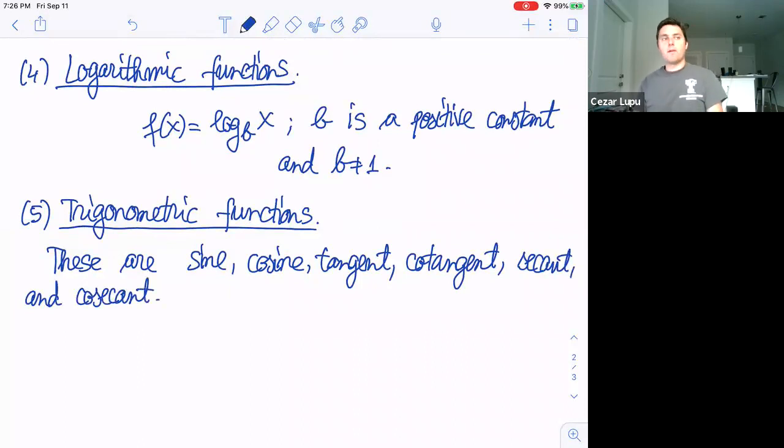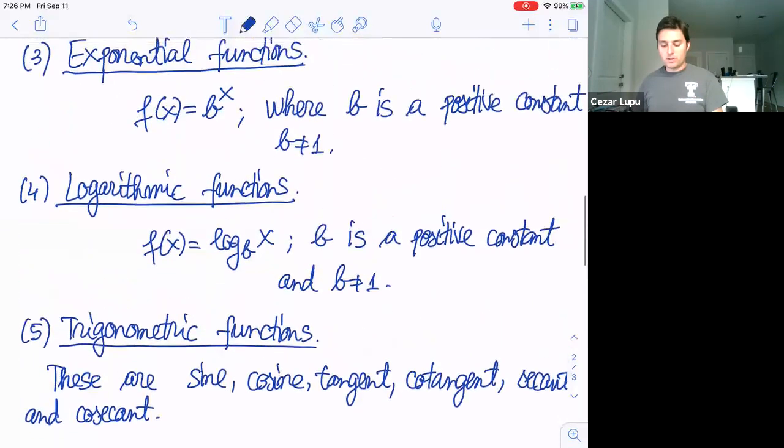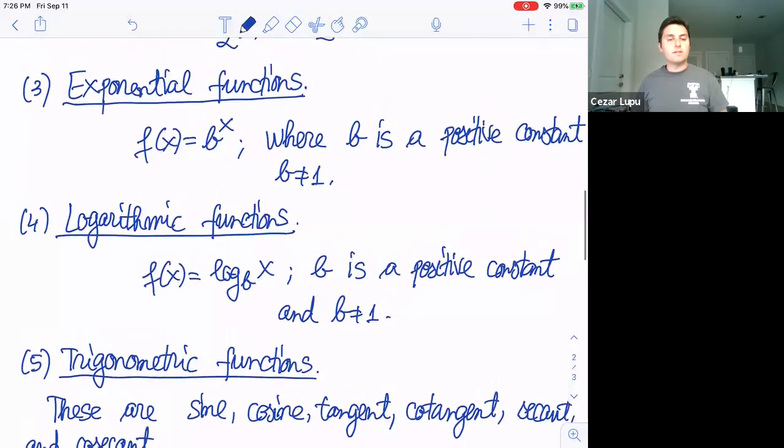We have seen, right, secant is 1 over cosine, cosecant is 1 over sine, tangent is sine over cosine, cotangent is cosine over sine, and so on. So we have studied these functions. We have seen also their values and so on. Okay, now, since we've talked about these functions, and like I said, I will leave the exponential and the logarithmic functions, I will leave them